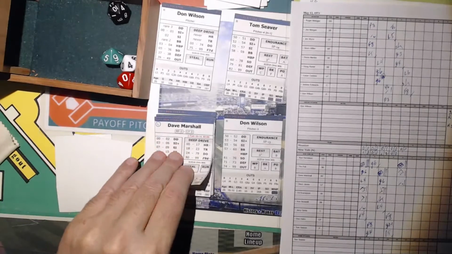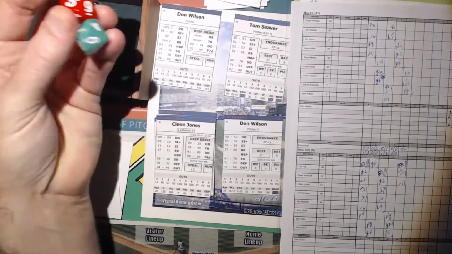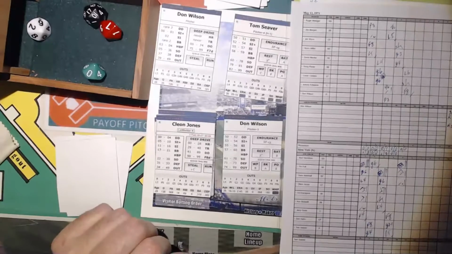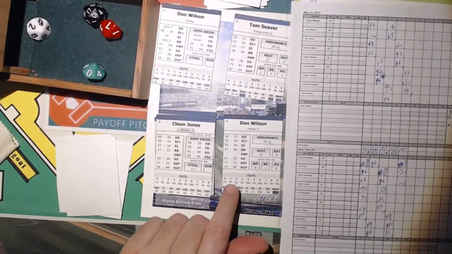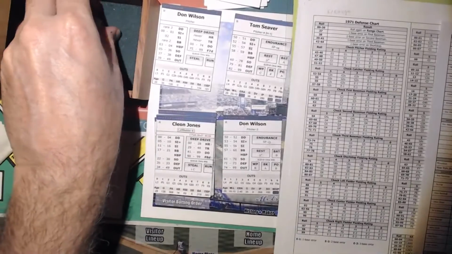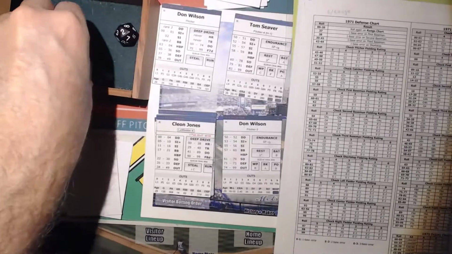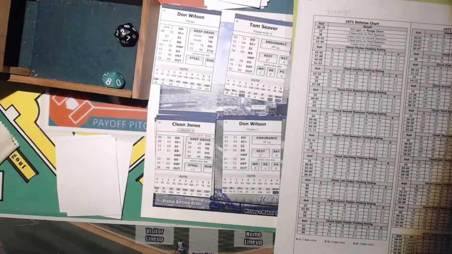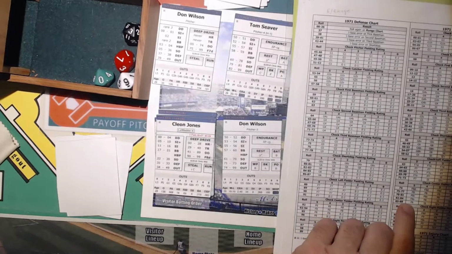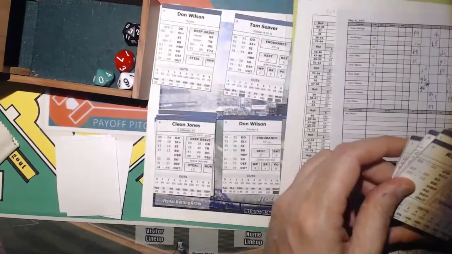All right, Cleon Jones now. Runner on third, infield is in, nobody out. And that's a 72. That's a line drive. That may be a double. Oh, and actually it's a defensive lookup. And a 31 is going to be a potential range play. Anything less than 36 goes to the range. And it's a 79, which tells us that if the center fielder Cannon is a 3, he makes a